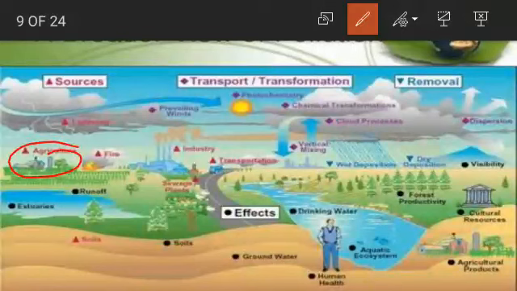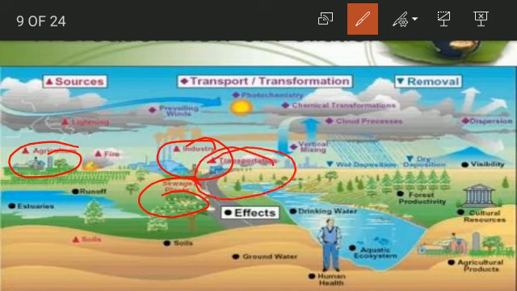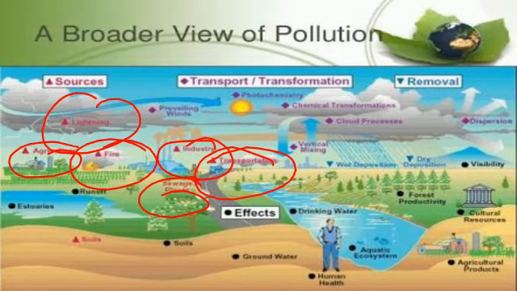You know how agriculture, industry, sewage plants, and transportation are causing pollution. But the new things here are lightning and fire. How is lightning causing pollution? Lightning and fire are two of the natural causes of air pollution. During a thunderstorm, nitrogen oxides are created in the atmosphere, which creates a primary pollutant, ground level ozone. Fire emits carbon dioxide and other gases that will continue to warm the planet. So as a result of lightning and fire, you are getting carbon dioxide and ground level ozone.